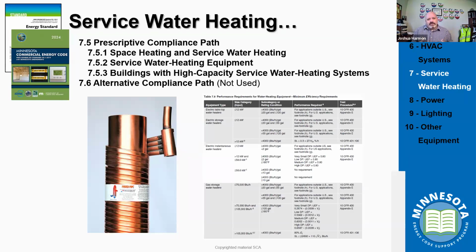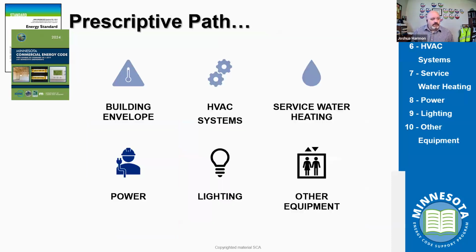A lot of times, one of the things that we get confused in is when we say prescriptive, people think we have to install everything in the list. And it's important that we read those sections. It doesn't say everything has to be installed in that section. It says that if it's installed, it follows this expectation. So again, clarifying some of those things is really going to be important when we think about the importance of